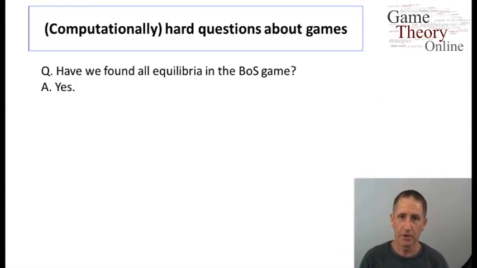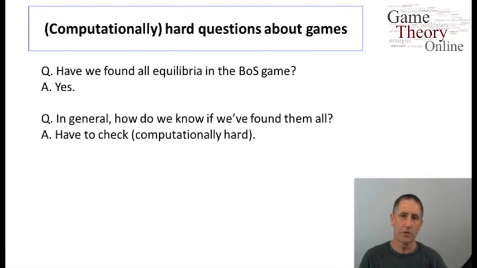And we can start asking questions. And that takes us to the realm of complexity of reasoning about games, which is an area that has been very active. We won't go into much detail into it right here, but let me give you a taste for it. So first we could ask about this very same game, Battle of the Sexes. Might there be other equilibria? Well, the answer is no, and we can simply inspect it and look at all combinations and see that these are all the possibilities.